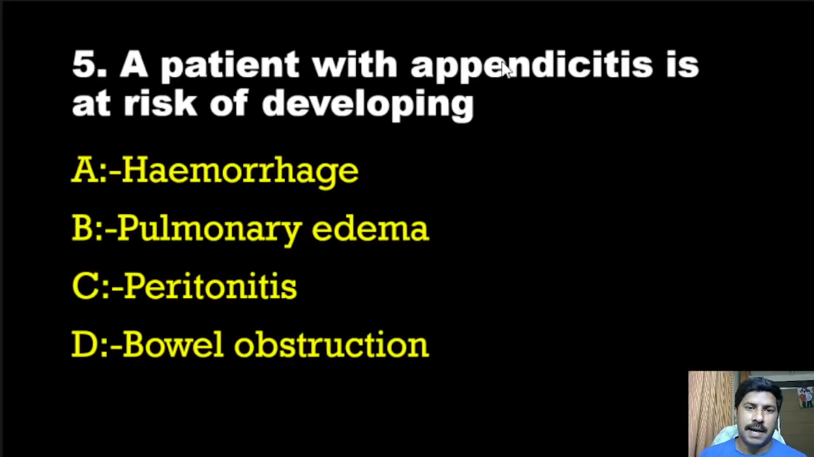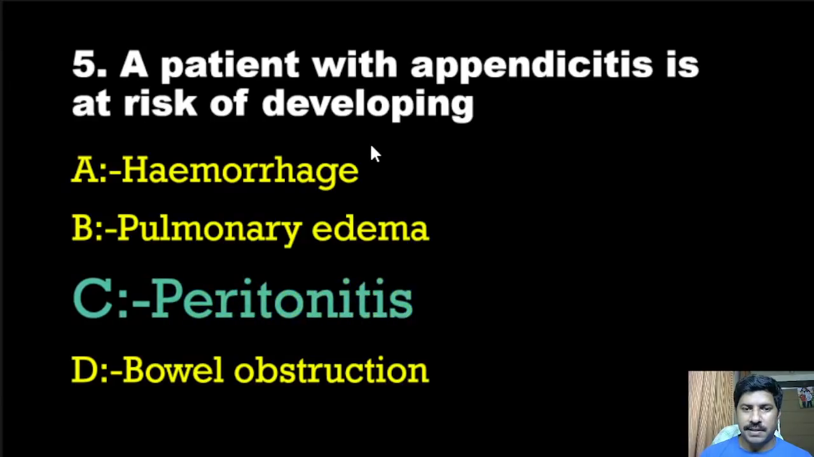A patient with appendicitis is at risk of developing. It is an easy question. Most of you gave the correct answer only. That is peritonitis. How does peritonitis occur in appendicitis? So can anyone explain